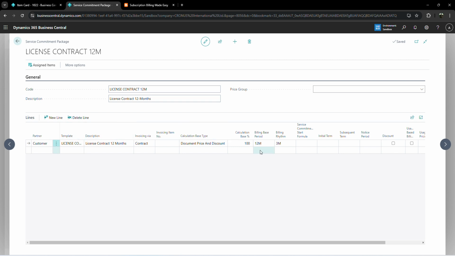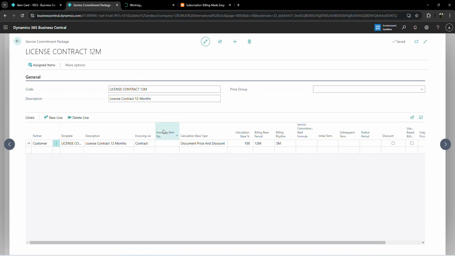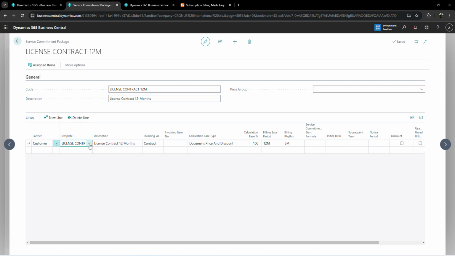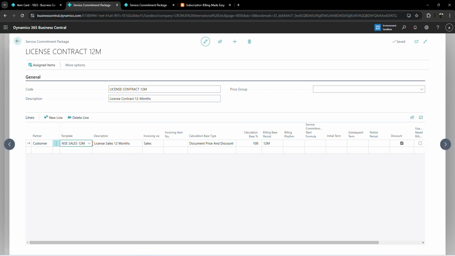Okay, what does billing base period mean? Before that, let me explain where this billing base period is coming from. If I open a duplicate tab, give me a second, and we can see over here that we are going to use the template for this. And once we use the template, you can see everything is going to change